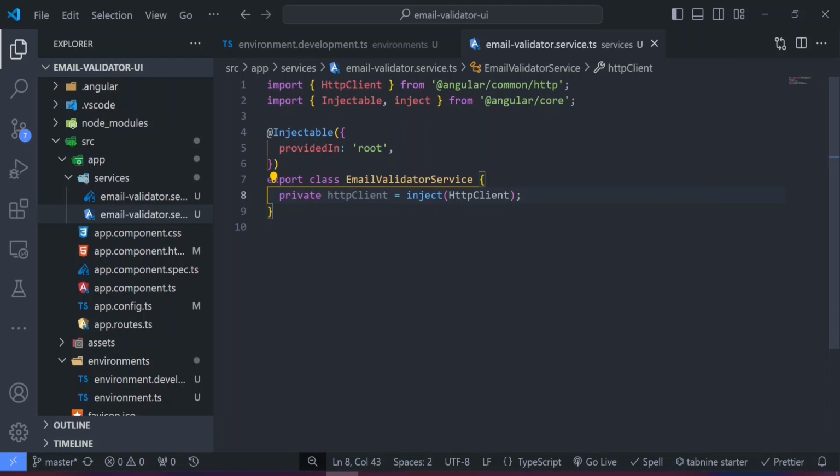But for this tutorial, we're going to be working with the get request because the email validator API or the email verification API is a get request. So next step before I proceed, let's create the email validator function. So I'm going to create a function called emailValidator, and then before I proceed, I want to head back